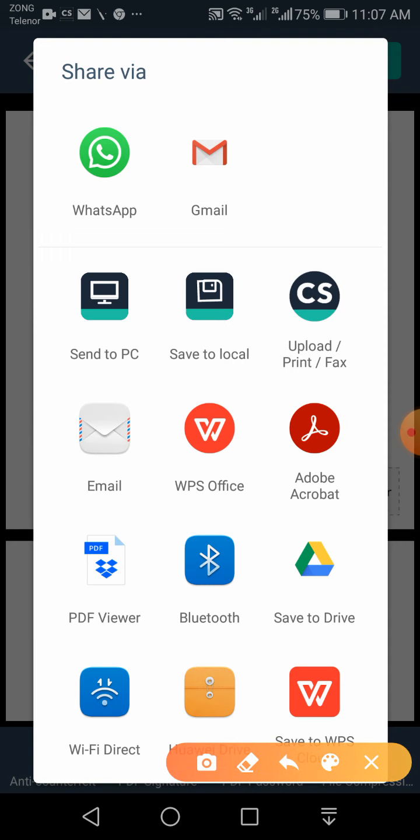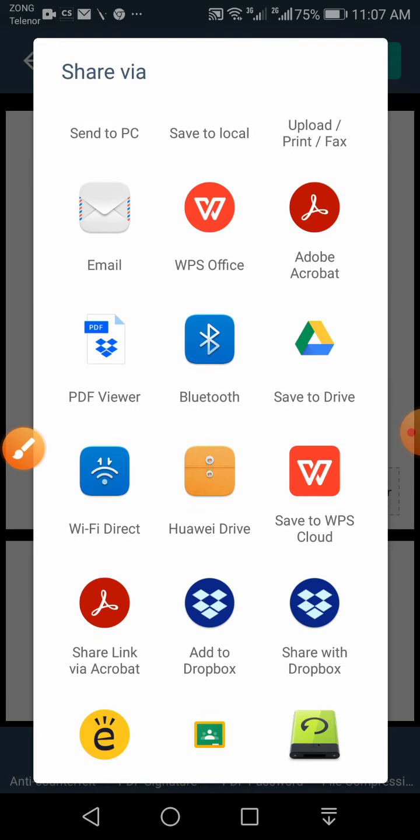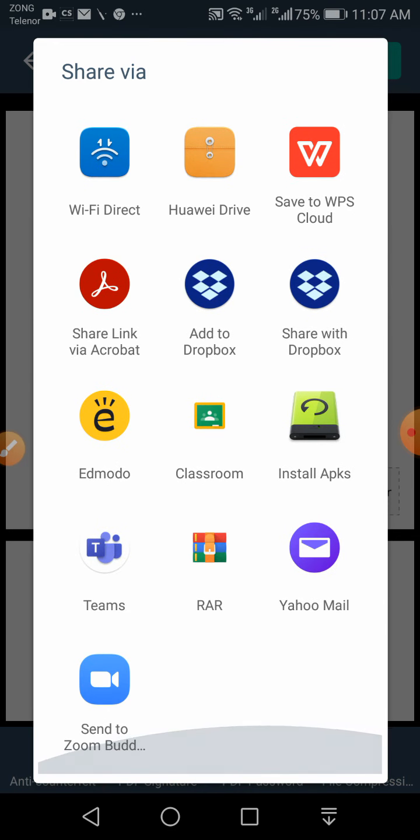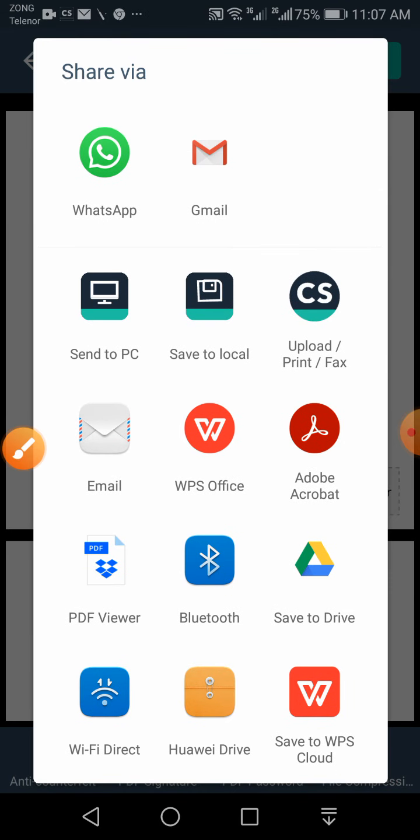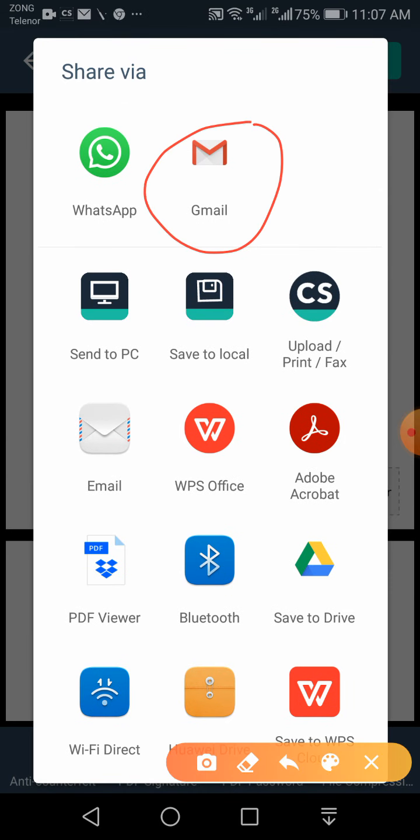Gmail, WhatsApp, etc. If you want to send it through WhatsApp, you can click on WhatsApp. Otherwise, there are so many other options. The best option is to email yourself, and then download it onto your computer, and then you can send it to your tutor.